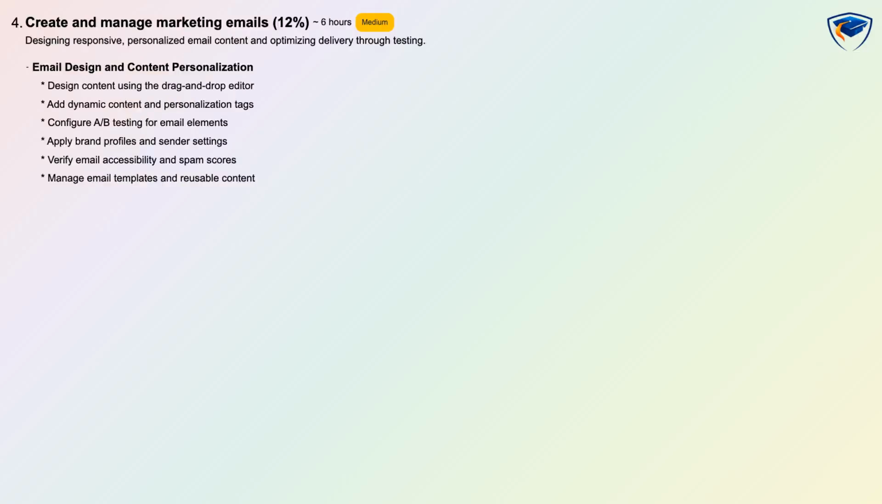The fourth domain, Create and Manage Marketing Emails, will take up 12% of the exam. You will learn how to design responsive, personalized email content and optimize delivery through testing. This domain will cover topics such as email design and content personalization. You will learn how to design content using the drag and drop editor, add dynamic content and personalization tags, configure A/B testing for email elements, apply brand profiles and sender settings, verify email accessibility and spam scores, and manage email templates and reusable content. This domain is expected to take around 6 hours to learn and will be assessed through